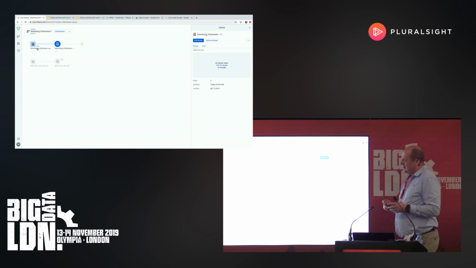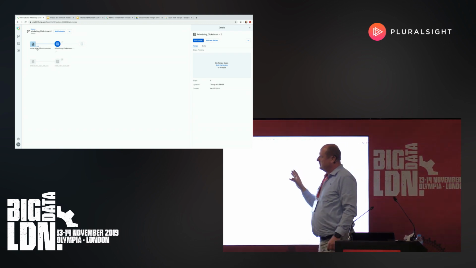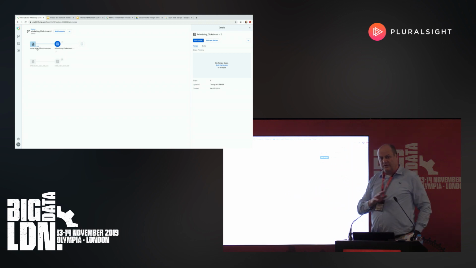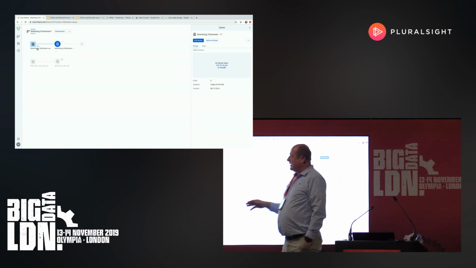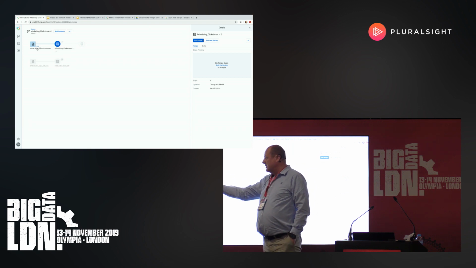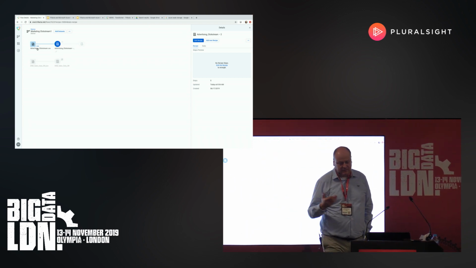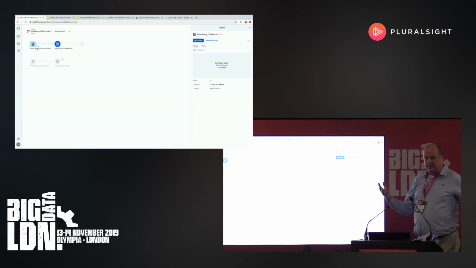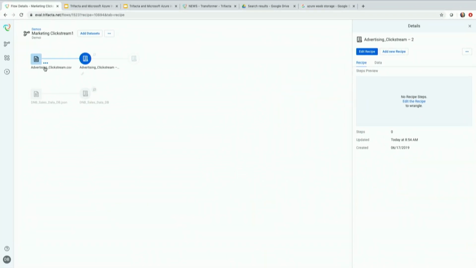So what we've got here is we're using a browser. Everything's browser based. Okay. There's no client install. I've connected to some data. I've got some advertising clickstream data. I've got some sales data, and they've been dropped into my flow. I want to now cleanse the data here, get an idea of the quality, link the data, and then execute